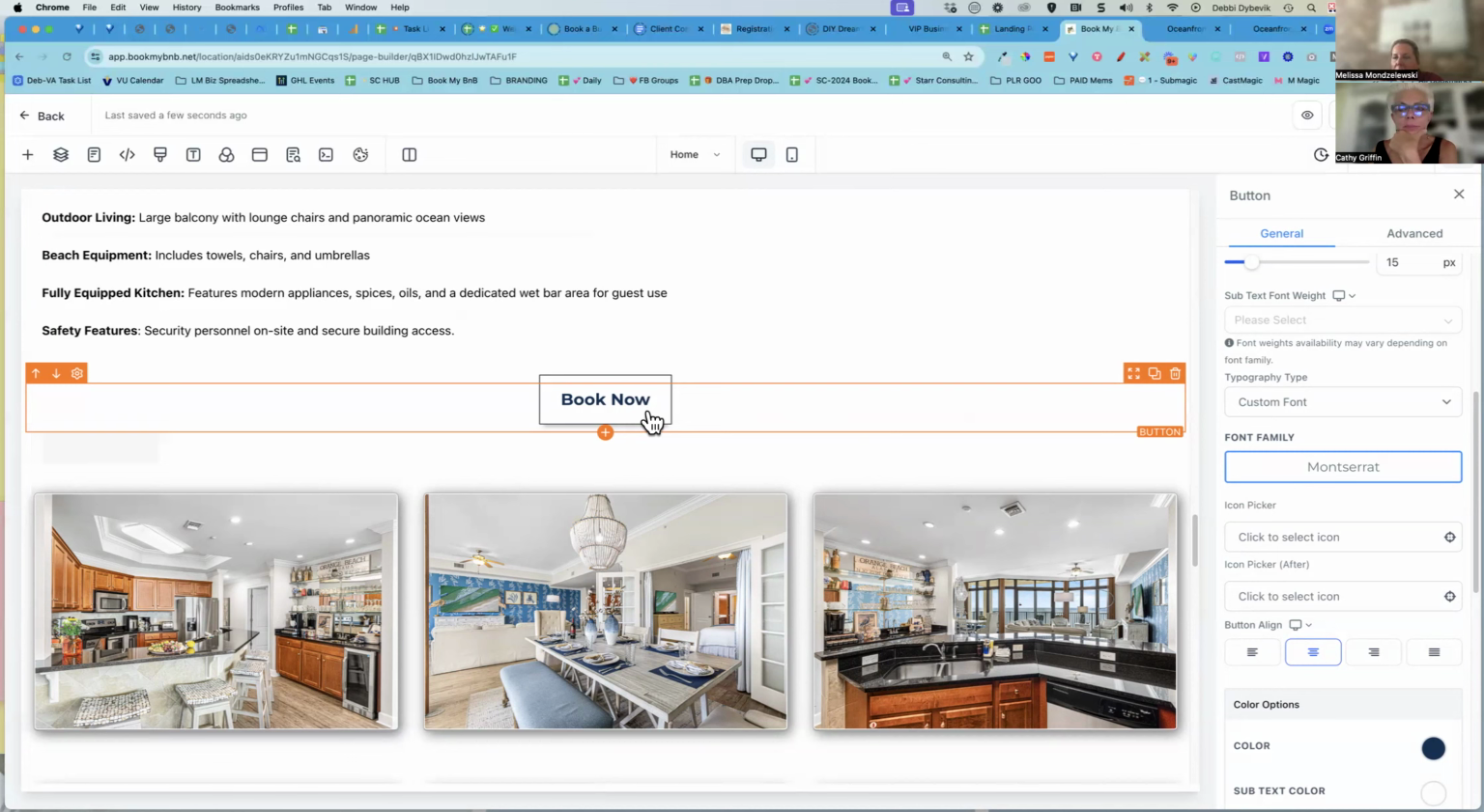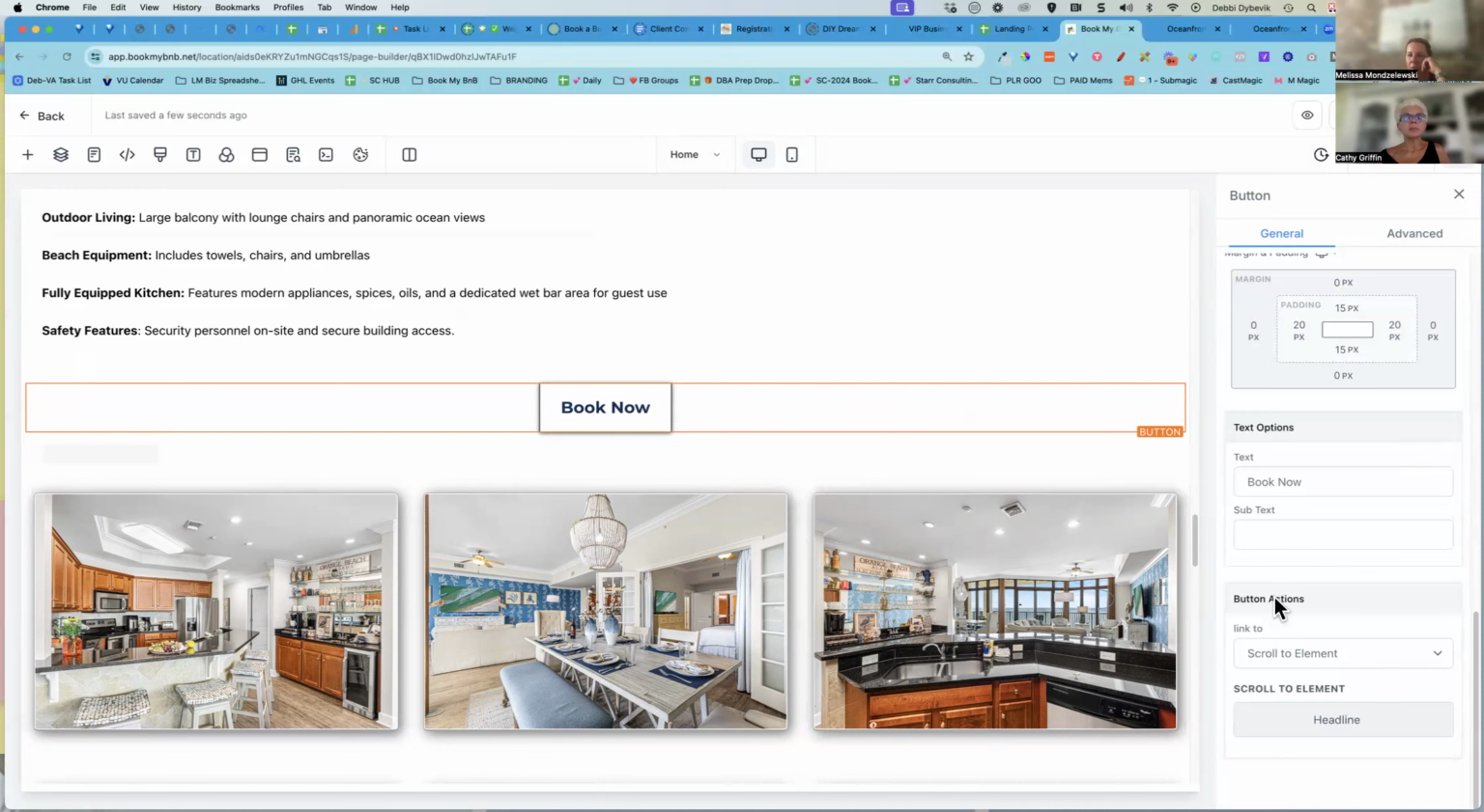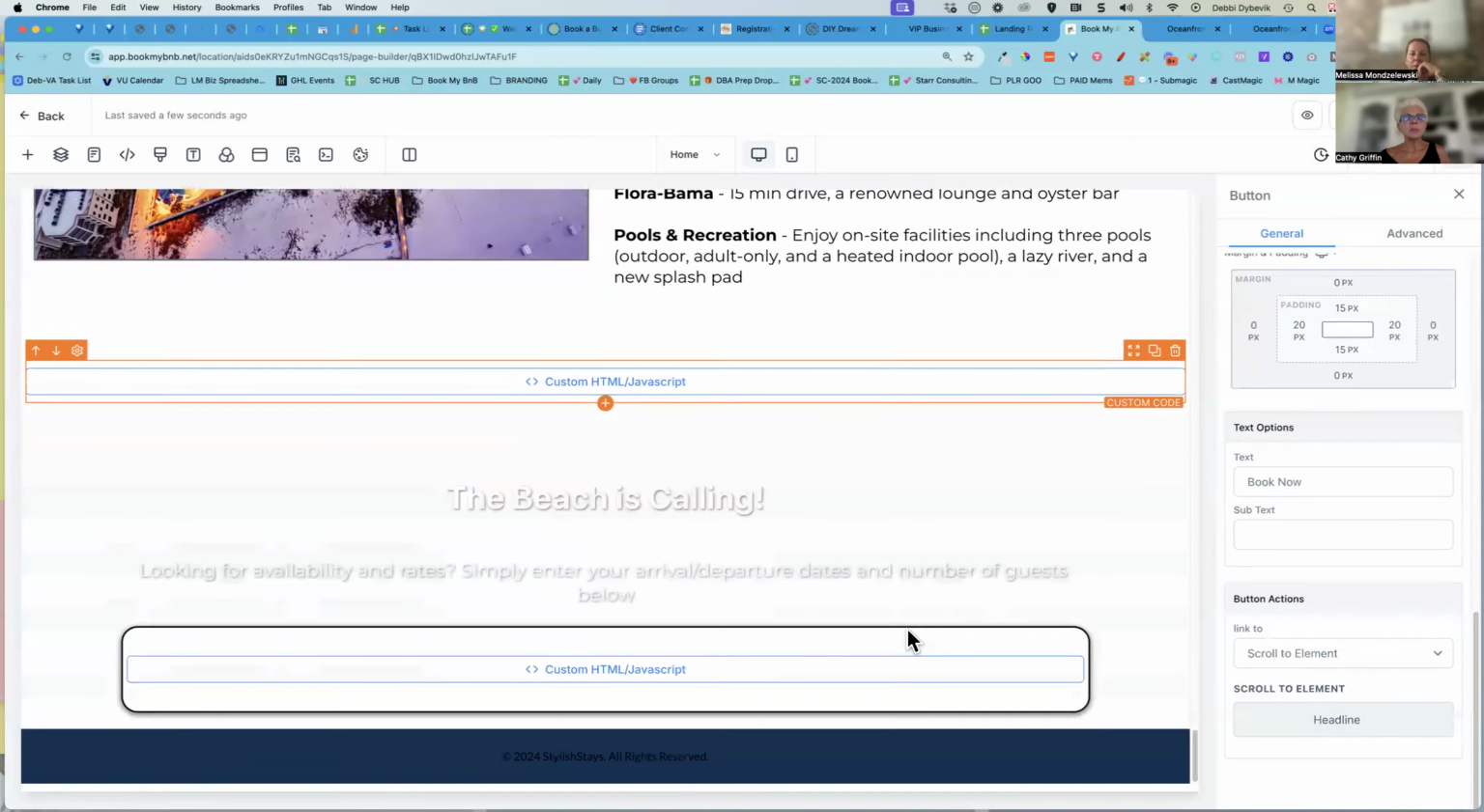So if this was a sales page and the next page is the checkout page, then I could say go to next step or go to next page. What it's doing down here is fine, though I probably would just name this element differently. Any of these book now buttons will take people down to the element called headline. So if I come all the way down here,